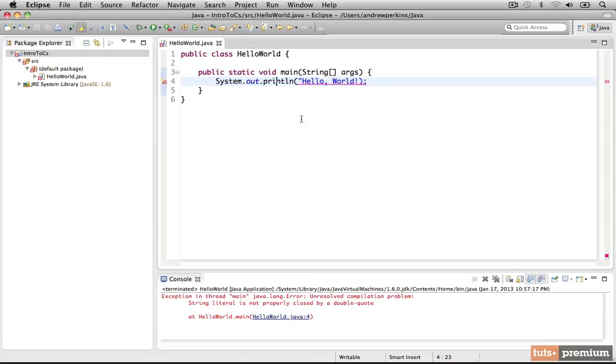Now, Eclipse is pretty smart, and will often give you a hint that you've made an error before you even make it to compiling your program. If you look next to the line where we removed the double quote, you can see that we have this X. And if you hover on it, it'll give you a little tip of what the error might be. Now, this visual cue can be pretty helpful, and it can save you some time from having to compile multiple times to fix these compile time errors. So I'm going to go ahead and fix this. We'll just put the double quote back in here. We'll save the file, and let's run it just to make sure that it's working again. We can also run by clicking this little green arrow at the top, and there we go, we get Hello